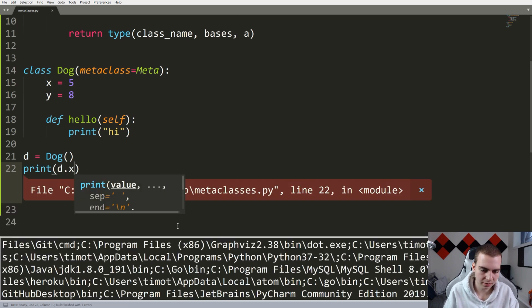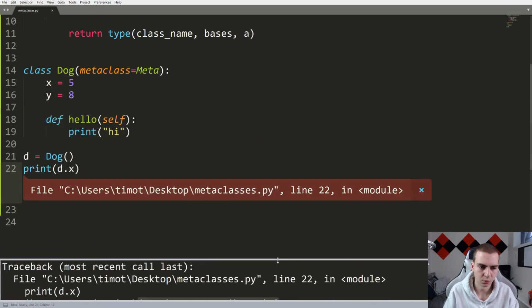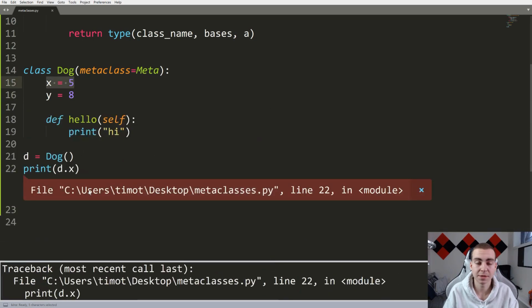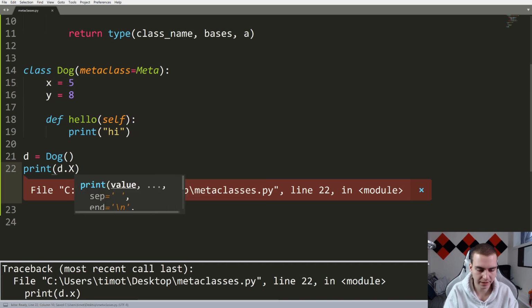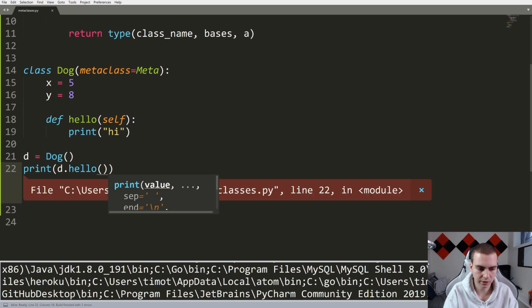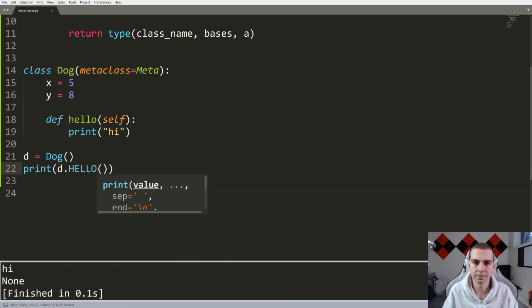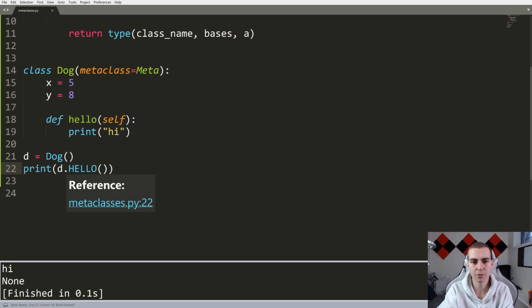Well, what is the error? Let's look at this here. Dog object has no attribute x. What? But we defined x up here. That's because we've changed it to be a capital X. And notice that when I do that, that's totally fine. And same goes with hello. I can't access that, but when we change that to capital hello, we're totally fine because, again, we've modified the